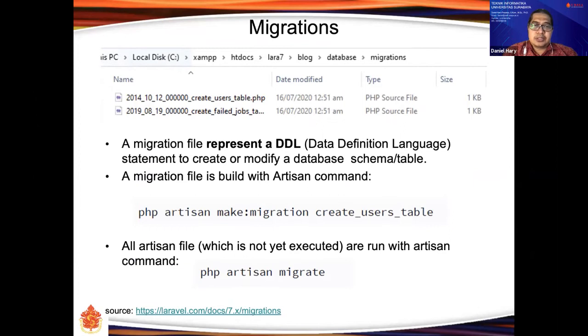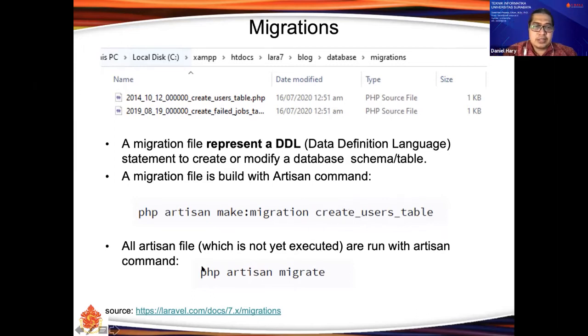We can build the new migration file with this command, make:migration, and then this is the migration file name. The migration file name should represent what it will be doing.